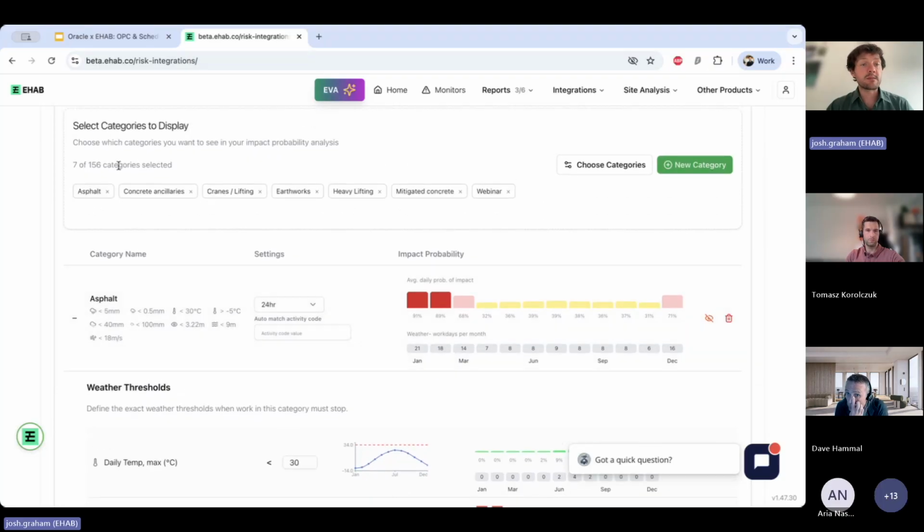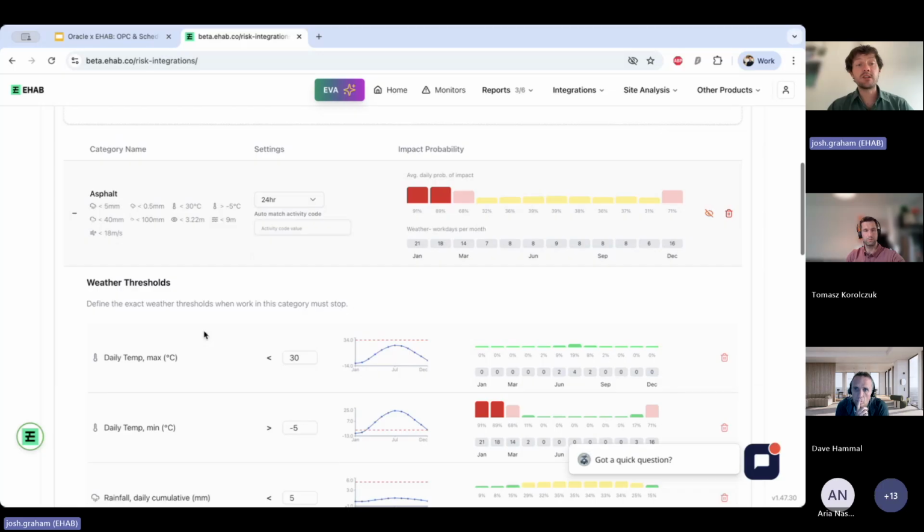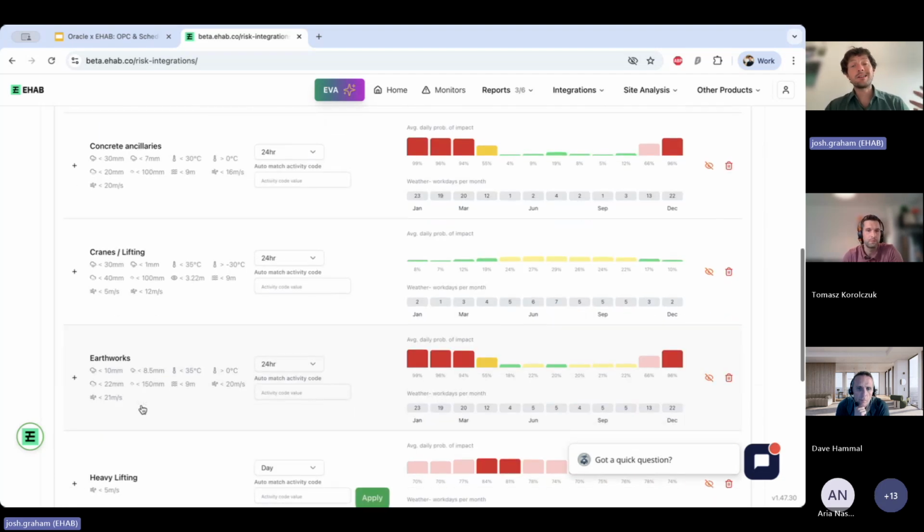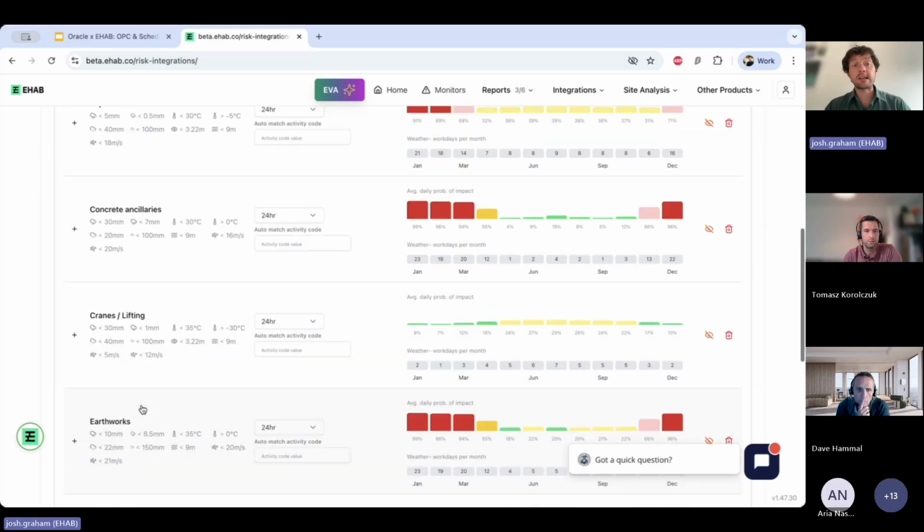You can completely customize them. They're just based on British standards at the moment, but of course you may be in a different country, or you may just decide that these thresholds need to be changed so that they're the most suitable. And this step is really, really important, because this is what drives a lot of the results that are going to be happening in your quantitative schedule risk analysis.